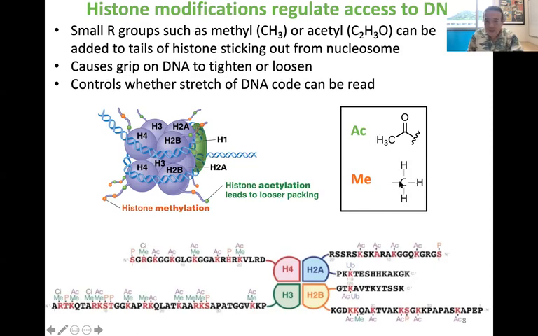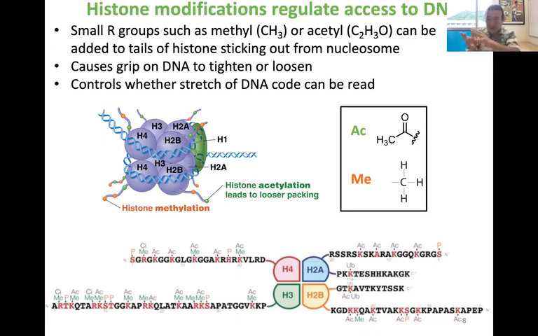And even though something like a methyl group is small, it's just a carbon with three hydrogens on it, remember, don't think of these as stick figures, C's with 3 H's. Think of them more as little plastic balls that represent each of the atoms. And remember, I've been trying to emphasize thinking about this as a three-dimensional shape. That three-dimensional shape may be enough to cause the histone protein tail, once this methyl group or an acetyl group is put on there, to have to adjust its shape because of the other amino acid side chains sticking off of it. It's going to have to shift around a little bit, and there will be a